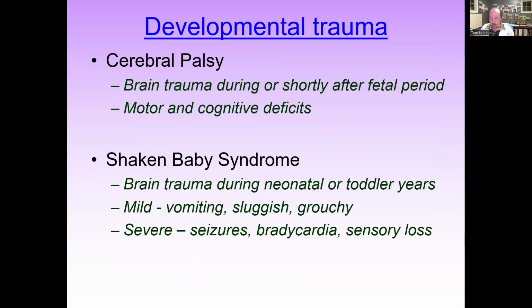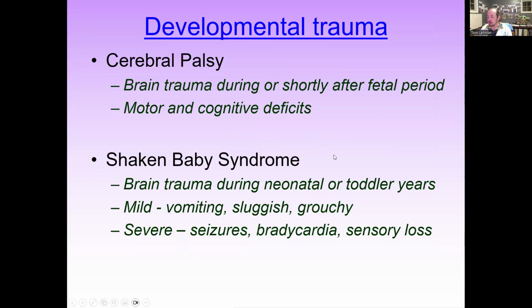Developmental trauma is blunt trauma to the central nervous system, brain and spinal cord, at a very early age. Cerebral palsy occurs if that trauma happens during the fetal period, that's our third trimester, or shortly after birth. And so if mom was hit with a steering wheel in a car when she was in her third trimester of pregnancy, or the baby falls shortly after birth, this can damage the brain. And the largest frontal lobe has a lot of your motor and cognitive skills. This is the most vulnerable spot that can cause a little bit of shearing and damage some of those pathways.